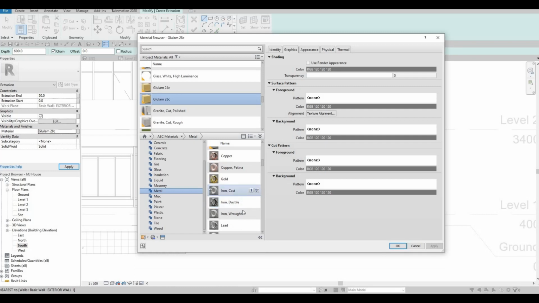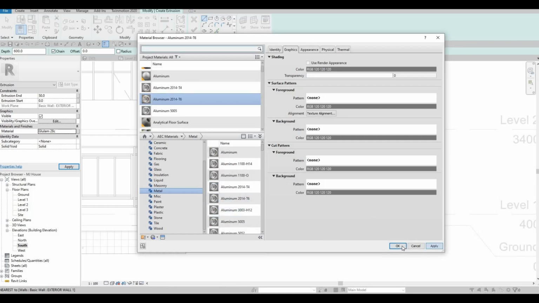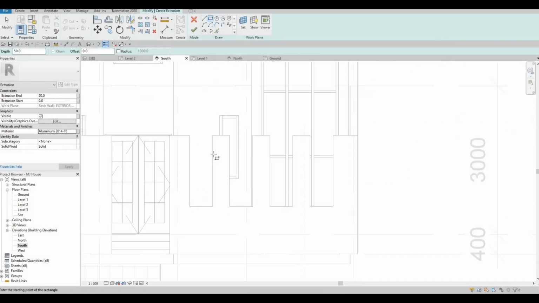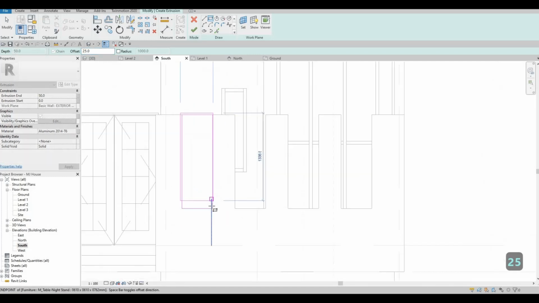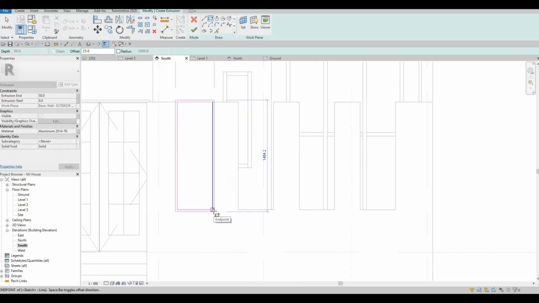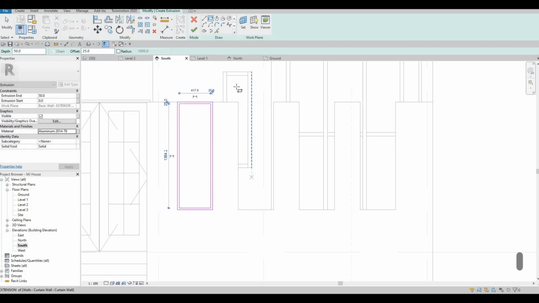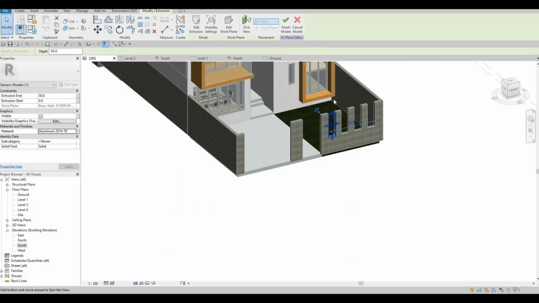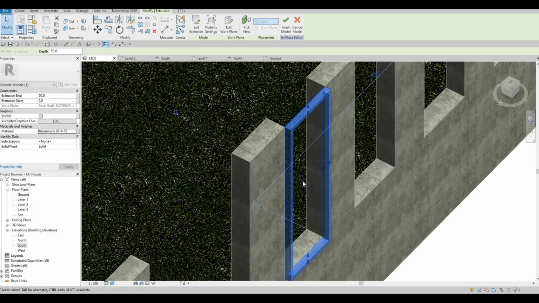I'm gonna choose one of these here, and then click apply, OK, and let's select this one right here, and then an offset of probably 25. Let's see how it looks, and we want it from the inside. After that, click on finish,